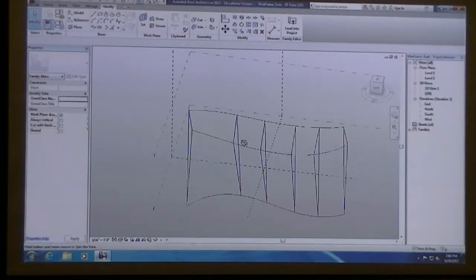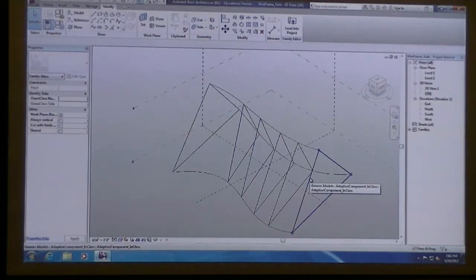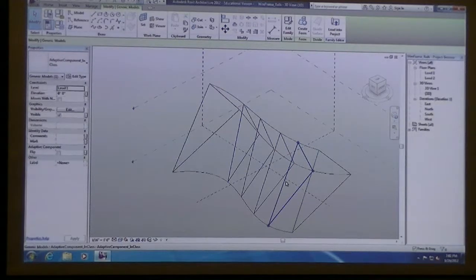And so what I've done is I've created this wireframe. If you tab over your adaptive component, you should be able to select one of the curves at a time. I can tab over, hold control, select the next one, tab over, hold control, select this one.